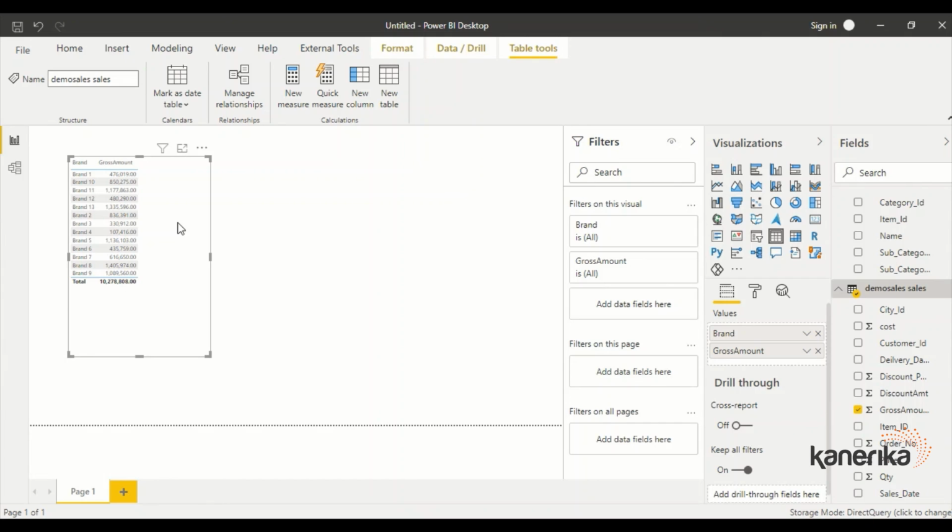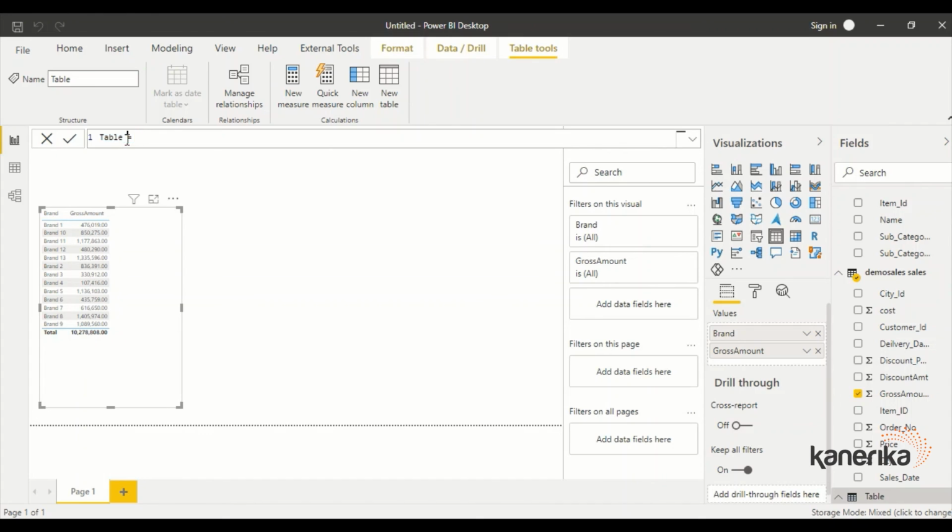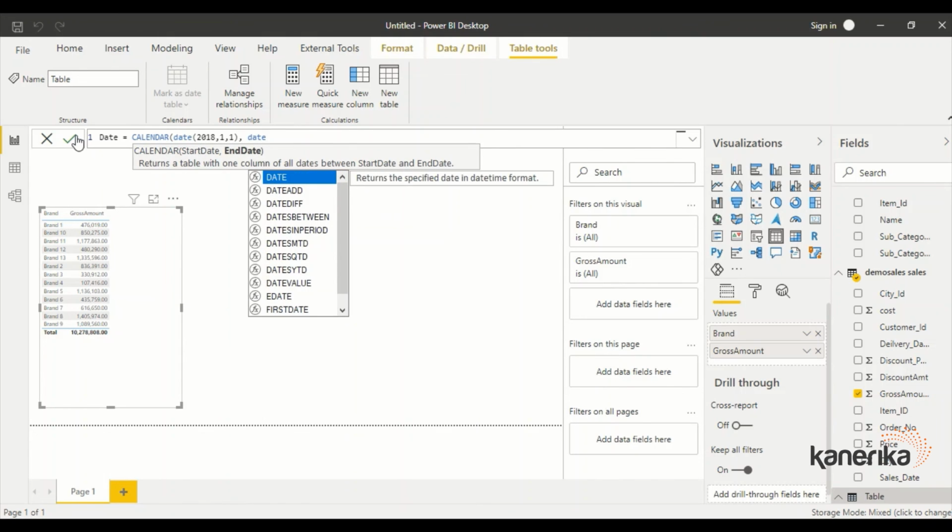And then one last thing which we are going to explore here on Power BI is what happens if we create a date table here, and can we use that as a filter, let's say a month year filter. So I do have an option of create table here. I'm going to create a table out here. Let me call it, as usual, a date table, and I'll say calendar. And typically I have data from 2018 to 2020. So date 2018 1 comma date